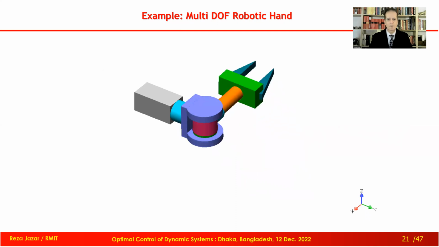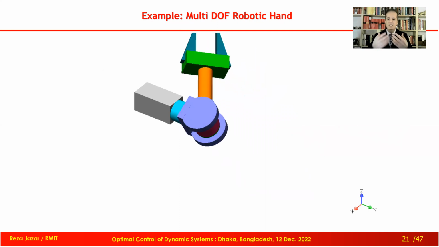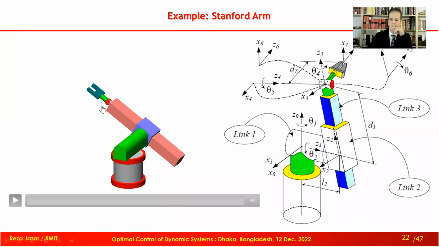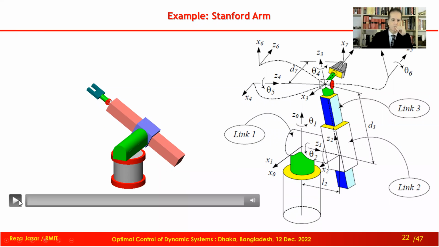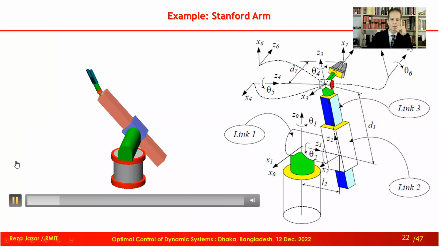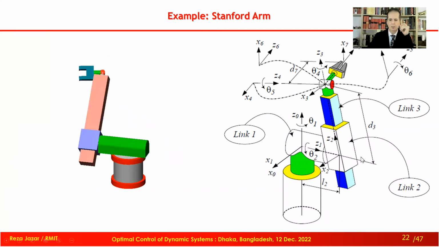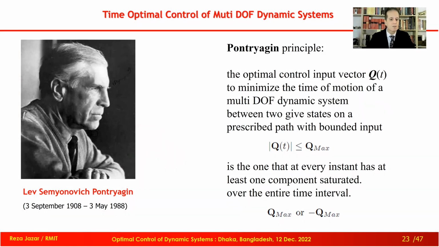This is called a spherical robot, and I give you the source where to learn about the kinematics and mathematics of this robot. And here is a Stanford arm, or a spherical robot, as you can see. And here is the simulation of some motion of that robot, which is not important to us. Everything comes to this genius Russian guy.